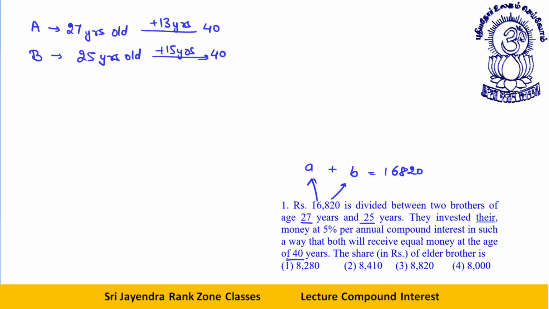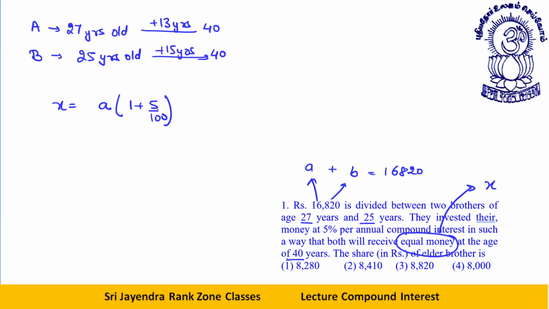Let's say this equal amount, just for the sake of referring, I won't be using it to solve, is x. Now, what will happen? x is equal to, suppose A got A rupees, then 1 plus r by 100. I need to teach you the method. That's why I'm doing it. Otherwise, I'm not at all in favor of solving this question by the conventional method. I need to teach you the concept. That's why I'm teaching you.